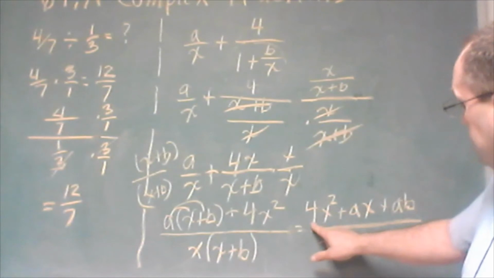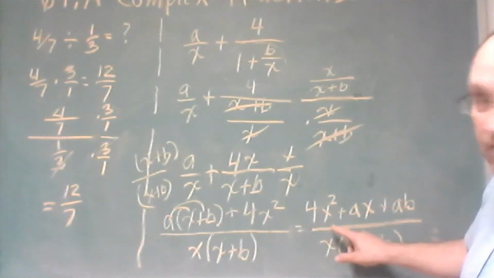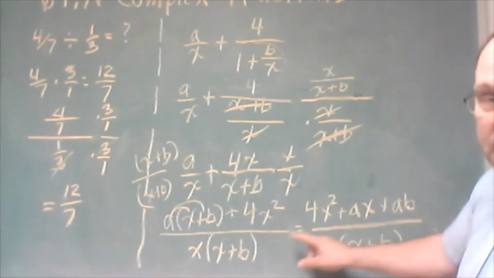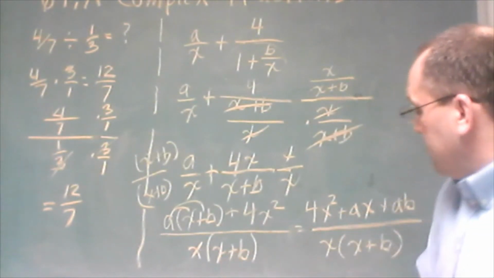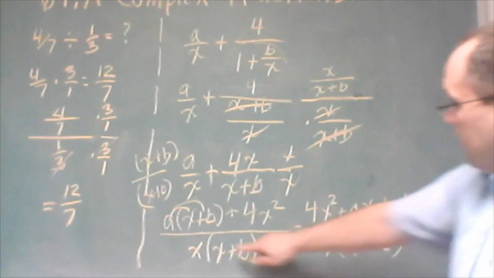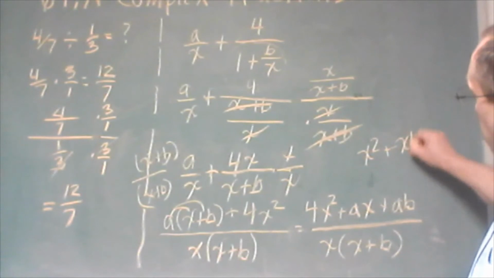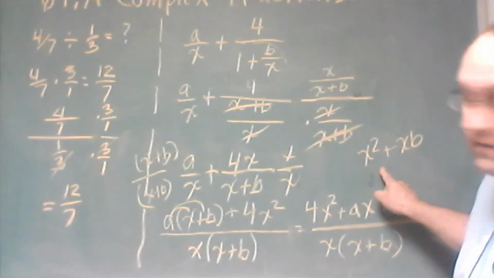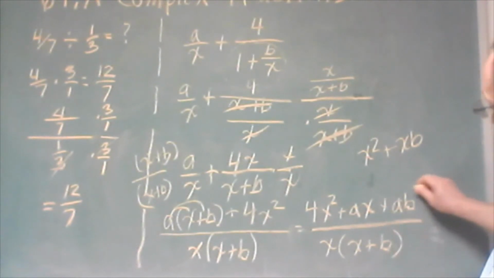We don't have a number we can take out. We don't have an x we can take out of all three. We don't have an a or a b that we can take out of all three, but we can down here, both of those terms. Okay, if we multiplied them out, it would be x squared plus xb. So it's typical to go ahead and factor out the x in an x plus b. So this is our answer